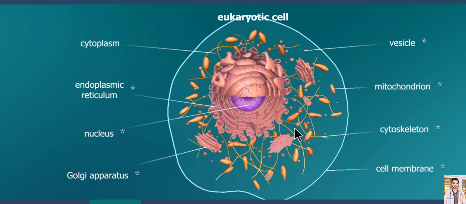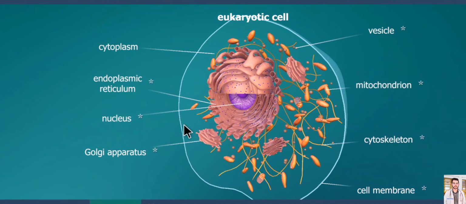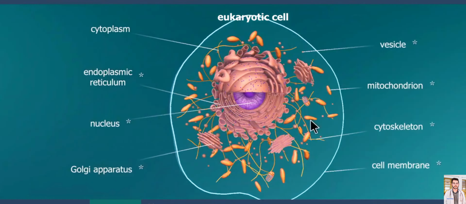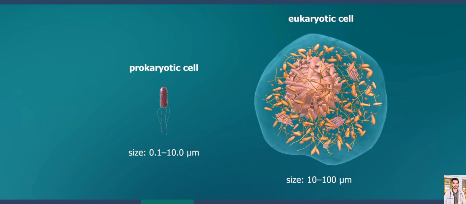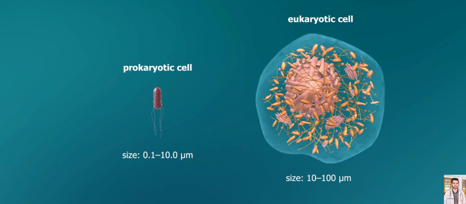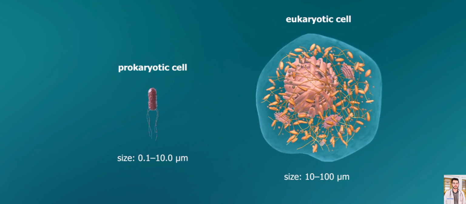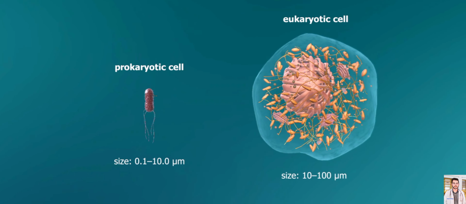Prokaryotes have a cell wall that provides structural support and protection. The cell wall is composed of peptidoglycan, a unique molecule that is not found in eukaryotic cells. Some bacteria have an additional outer layer called the capsule, which is composed of polysaccharides and provides further protection against the host's immune system. The cell membrane, also called the plasma membrane, is a thin layer of lipids and proteins